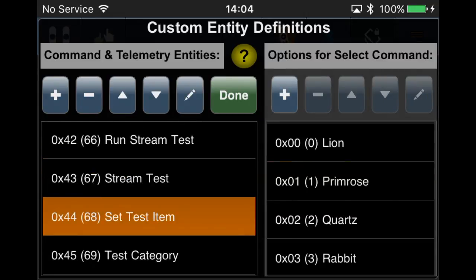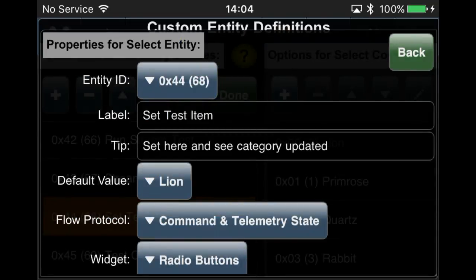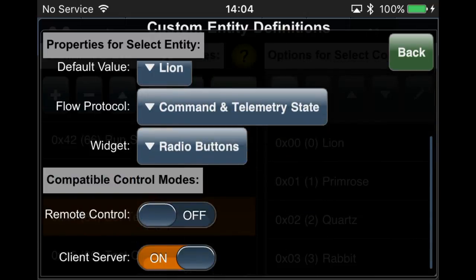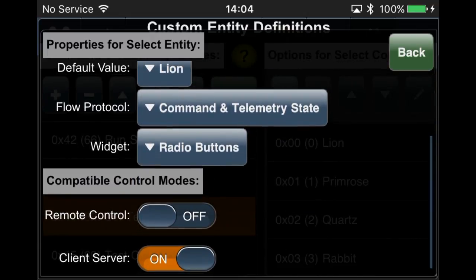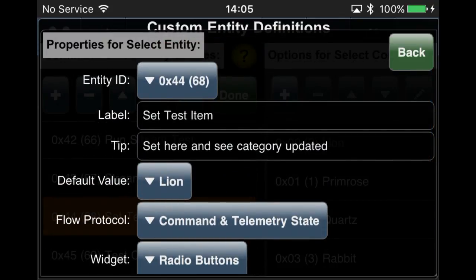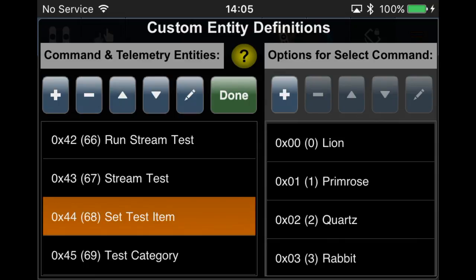Then for our test item, we describe the kind of widget we want, which is radio buttons. We show that it's a command. We pick a default value, and we'll go back and look at what the available values are that we've set up. We have options for our select command. Our select command is always an unsigned byte value, but these options give the meaning to those individual values. In this case, we have 6 possible values,